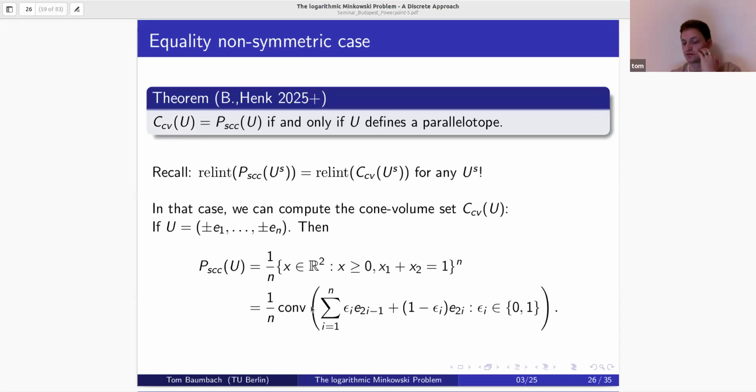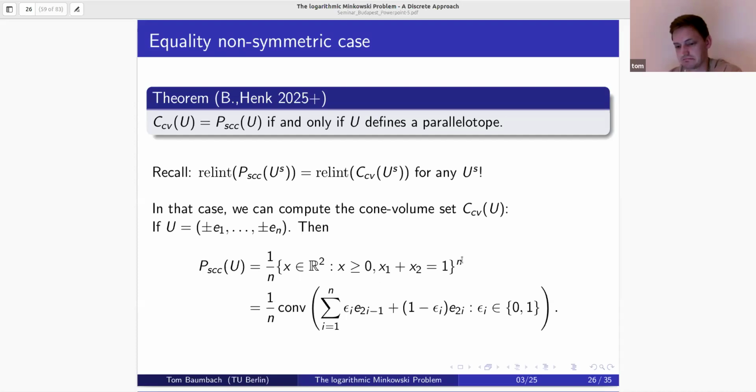As you maybe remember, in the symmetric case, we always had equality between these two sets, the surface concentration polytope and the cone volume set, for any outer unit normal vectors u, as long as they are symmetric. Now what's quite surprising is that in the non-symmetric case, we only have equality if and only if the set u that we consider defines a parallelotope. In other words, u is linearly equivalent to plus minus e1 to plus minus en. And then we can also compute the cone volume set in that special case. Namely, it's the Cartesian product of